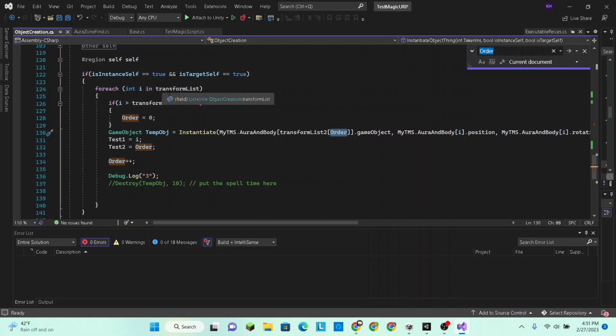For each integer I in transform list, if I is greater than transform list up to count. Okay, clearly we have something different going on here. Okay. Order. I think I know what it is. Order is an indexer. I just didn't know what indexers were when I wrote it. So, order